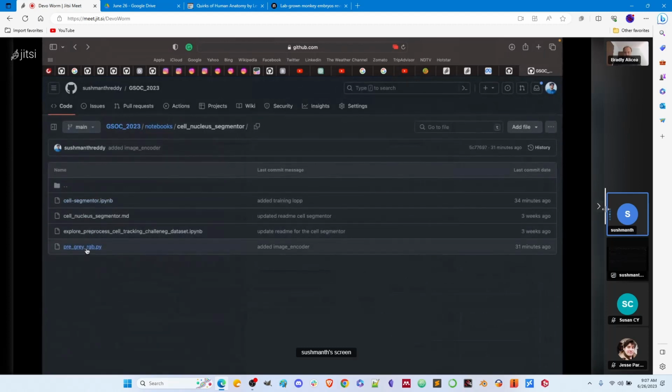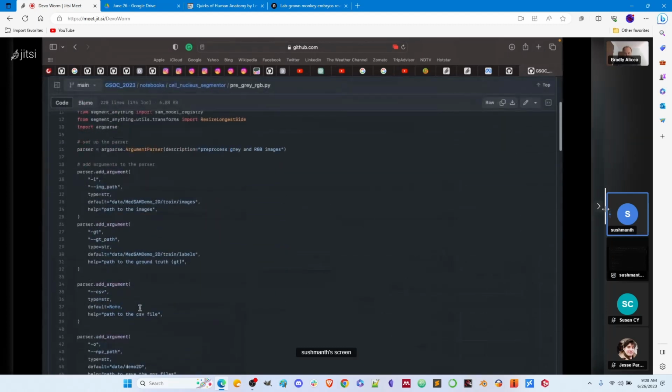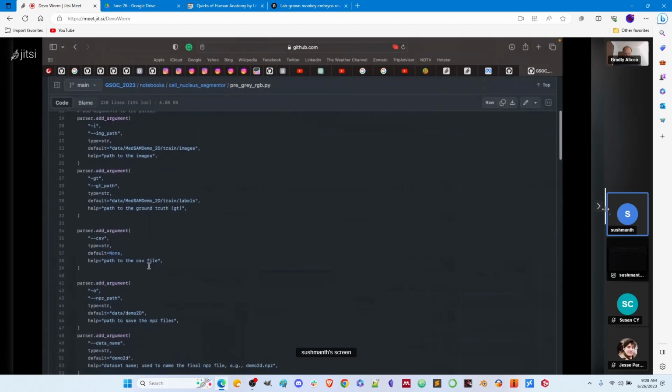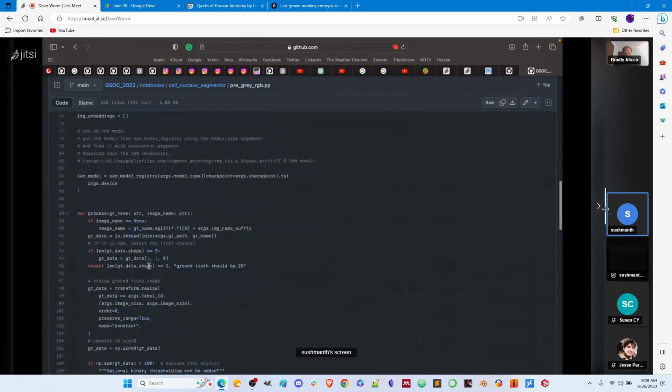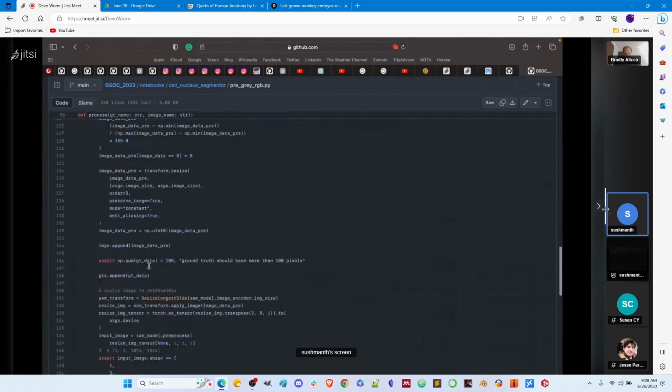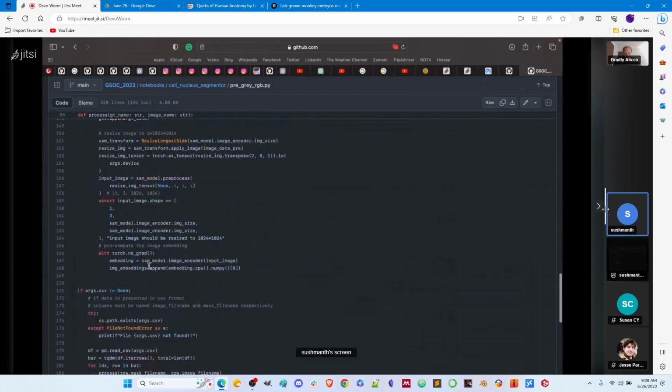This is the thing I have been working on. Right now we have 2D and 3D images that we need to convert into NII file form. So I wrote this code and converted them, and they are converting perfectly. After that, I was resizing the image to size 1024 by 1024. Only that size of image can be taken by the SAM model, not any other size. So we are passing this input image to the image encoder. Then we are extracting these image embeddings. Then we give these image embeddings to the